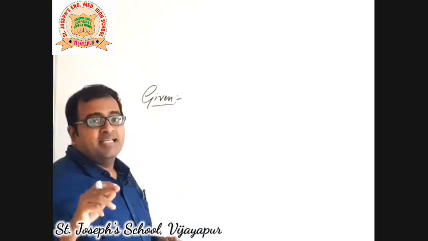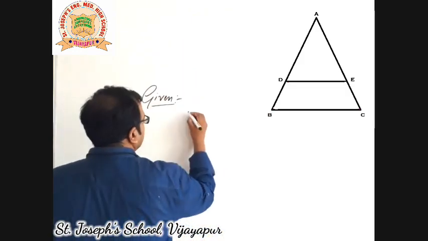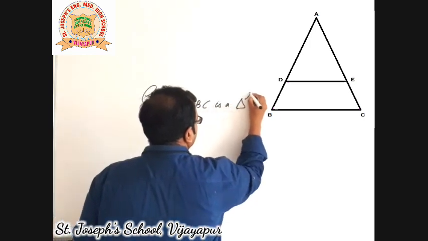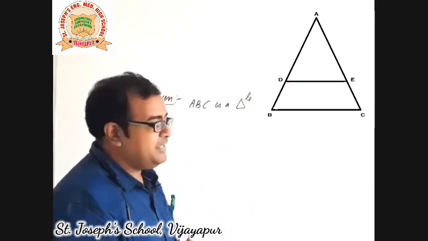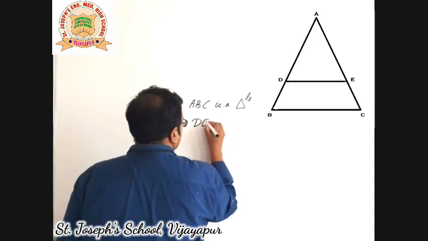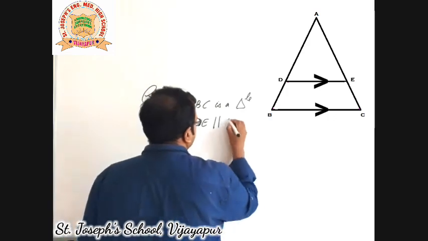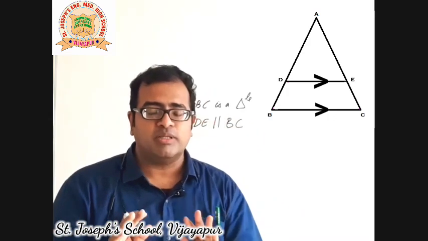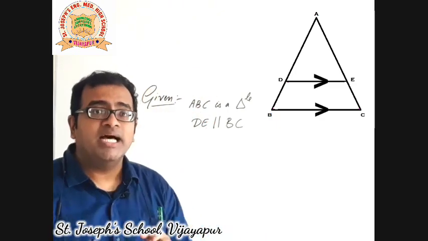The hypothesis is, if there is a triangle and you have drawn one line parallel to one of the sides, not all the three, any one, right? So given ABC is a triangle, and the line drawn parallel is DE. So DE is parallel to one of the sides. Here I have taken it as BC, right? BC. This much is assumed or given. We assume that it is true. So symbolically written, this is called the given or data.